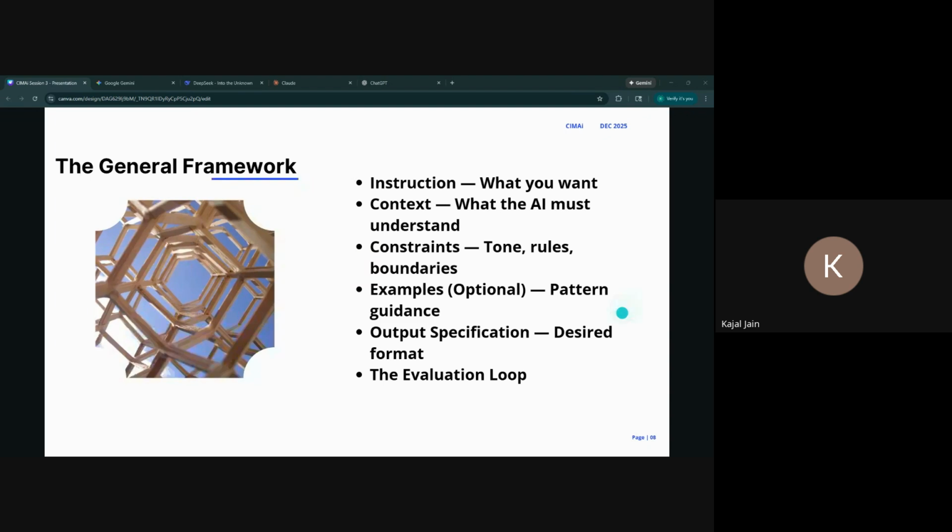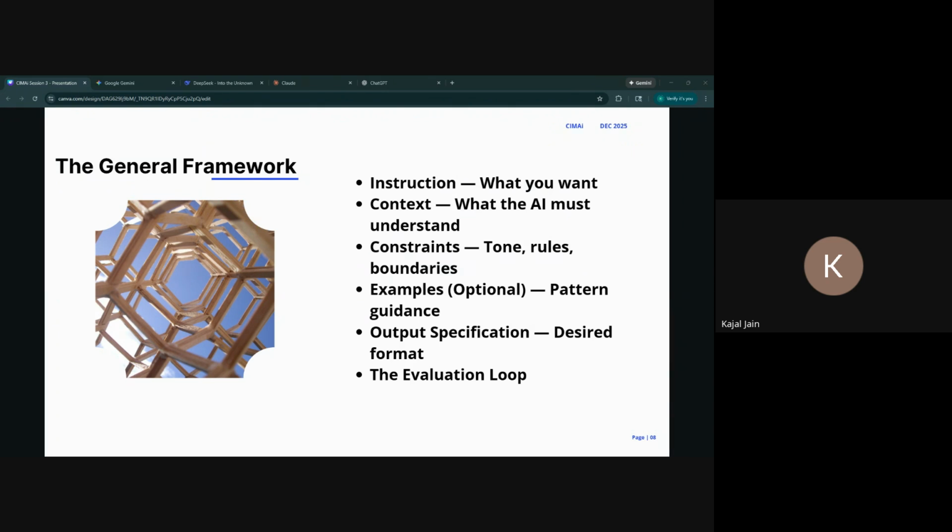So we have the general prompting framework. We have instruction, which tells you what you are trying to achieve. Then we must give it context, what the LLM needs to understand. We need to give it constraints, which are your tone, your brand voice, your rules, the boundaries.